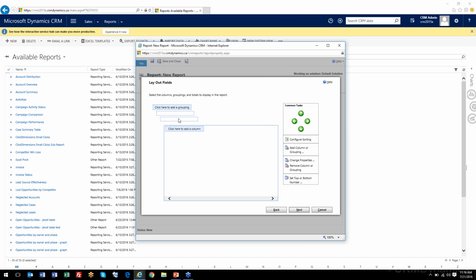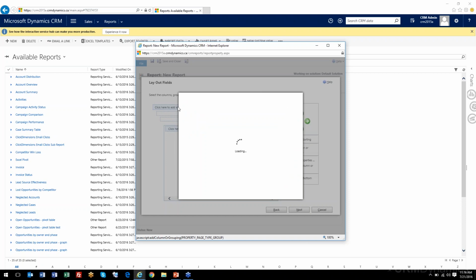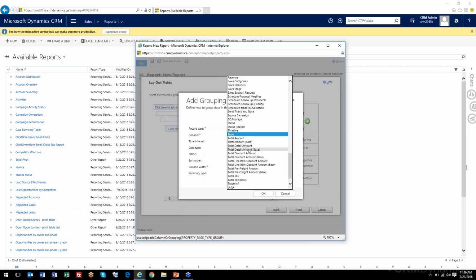Now, within the report wizard, you are limited to the report structure. You can't create a custom structure within here, but you can move the columns and the groupings around. The first three sections up at the top allow you to group your information. So you could group it by the company name or the opportunity stage or any number of fields that you can choose, up to 3 groupings. You can't go any more than 3, and you need at least 1 to be able to do a grouped